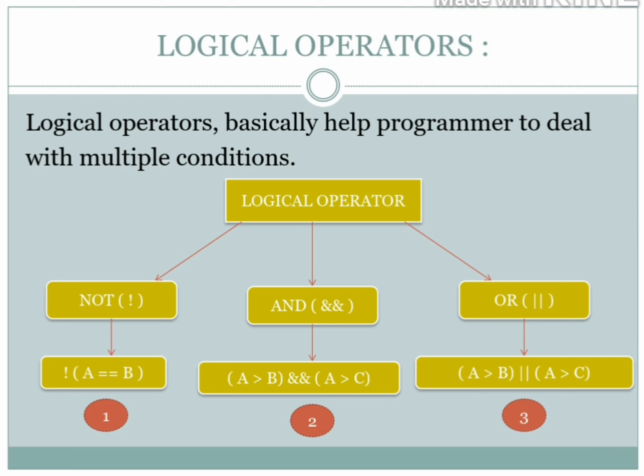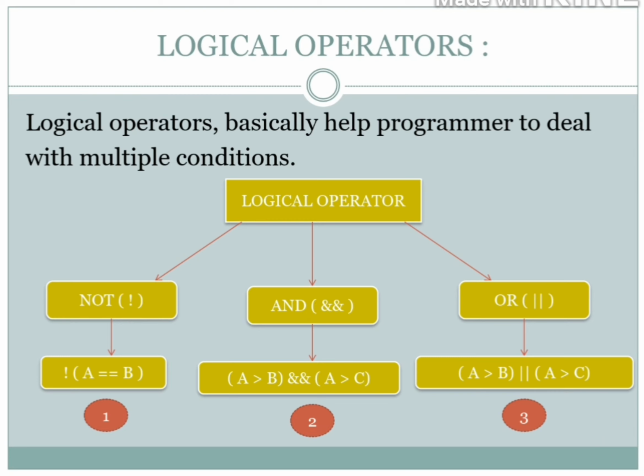The first one I'm explaining is according to the preference. What do you mean by preference? Firstly, what we want to operate, that is preference, the order. If all three of them are present in one expression, then the first to be solved is NOT, then AND, then OR. Logical operators are of three types: NOT, AND, OR. And I'll provide you with examples.